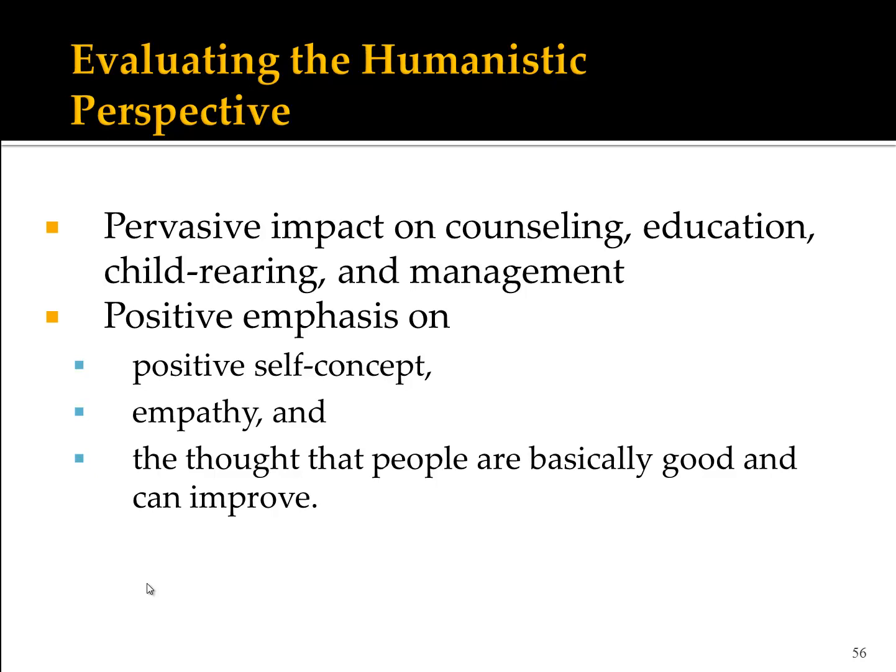I mean, Carl Rogers was very big in his therapy about being very empathic and saying that one of the ways of conveying unconditional positive regard is to show the person that you understand where they're at. Now, we all know that we have the capacity for empathy through the biological research that we've talked about on mirror neurons, and that mirror neurons seem to play a key role in our ability to identify or mirror the emotions or feelings that are going on in another individual. And from there, the thought that people are basically good and can improve.